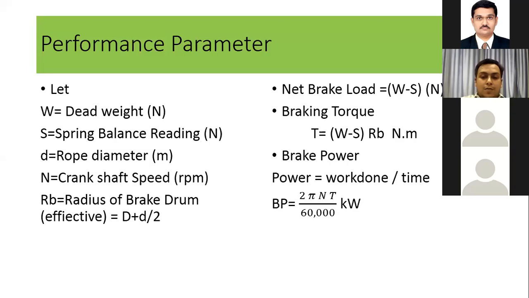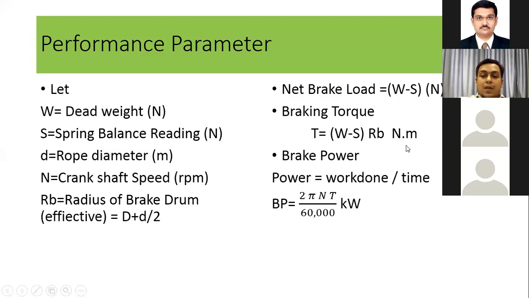So one revolution, suppose you have a circular motion. If you rotate one complete revolution of the crank, the radial displacement is 2 pi, which means 360 degrees. Suppose you have a shaft and you rotate it one complete revolution, you cover 360 degrees of displacement. So it is 2 pi, and n means the number of revolutions. Suppose your shaft is rotating at 50 rpm, so it covers 50 times 2 pi of displacement in 1 minute. Then minute is converted into seconds by dividing by 60.